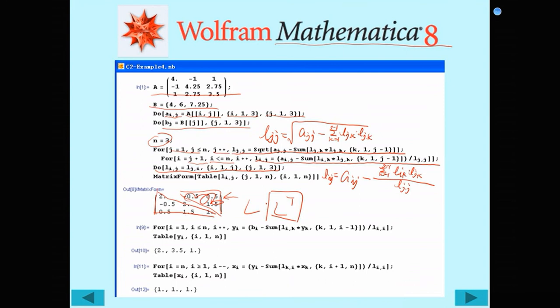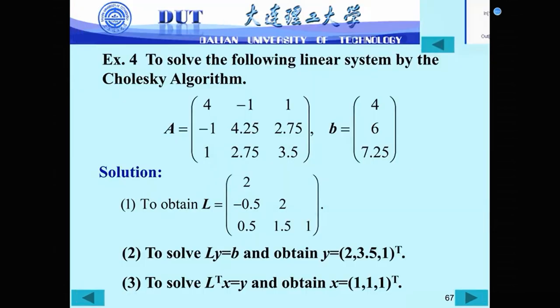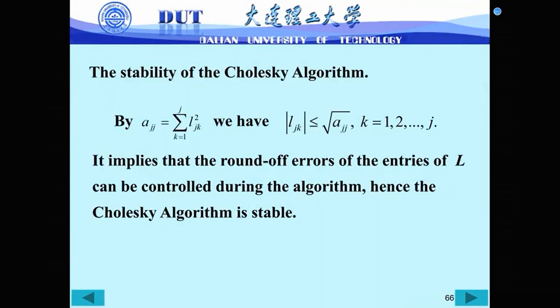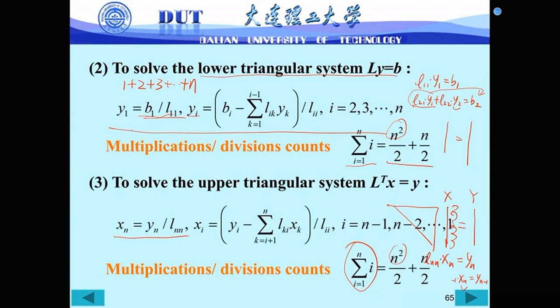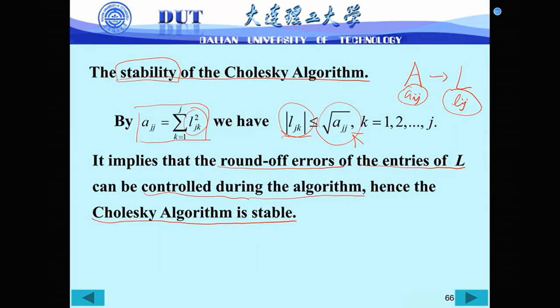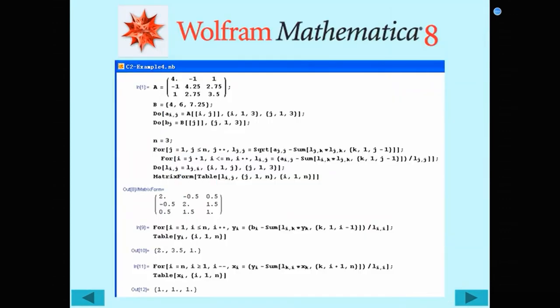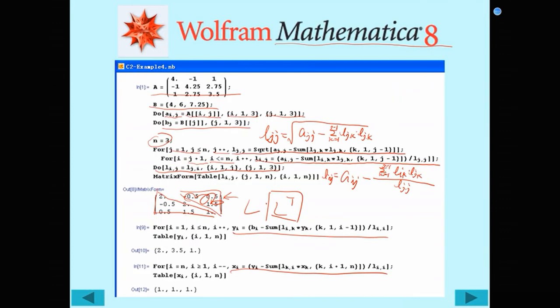Then, again, by the two formulas we obtain Yi and Xi. Yi equal to Bi minus the summation of Lik Yk, divided by Lii. These are just the two formulas. Directly, you can compare with the PDF file and with my video. Now by the two formulas, we can obtain finally